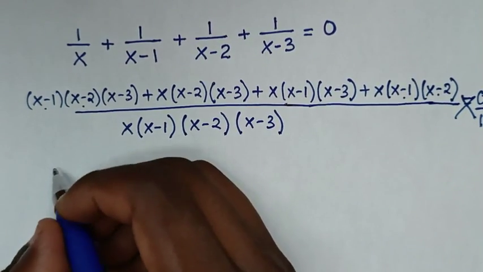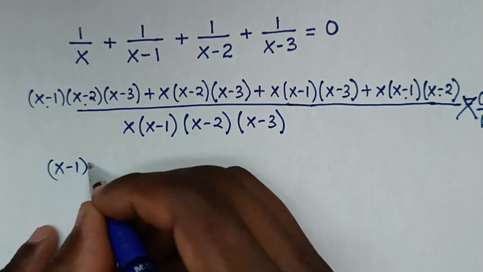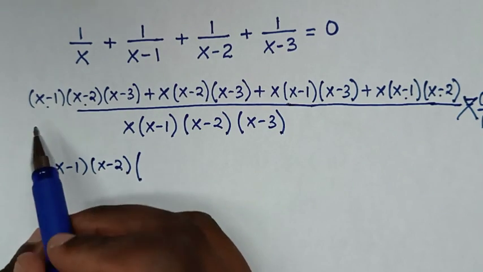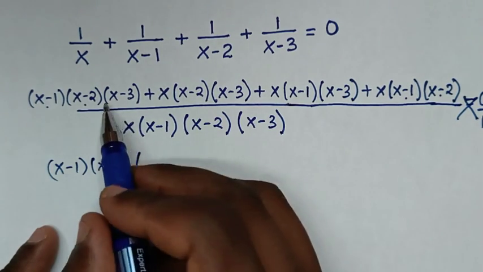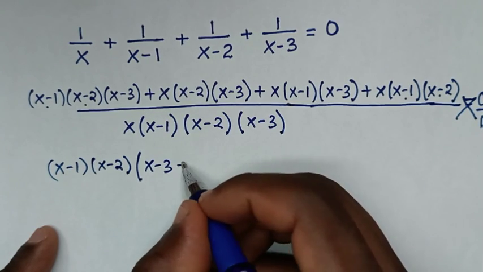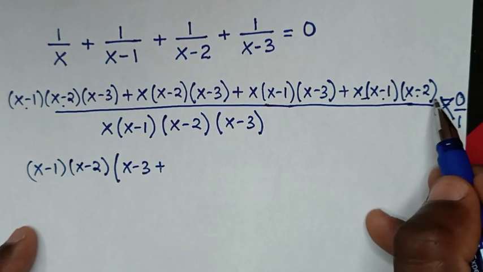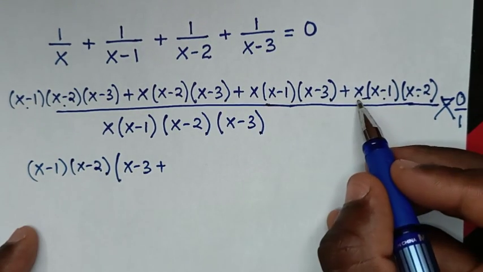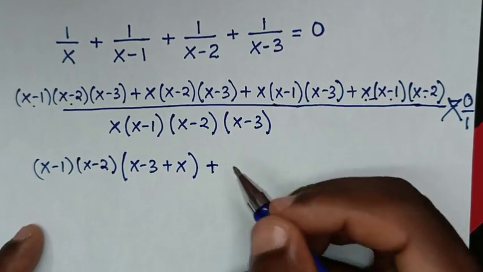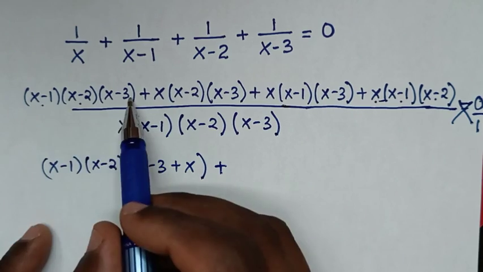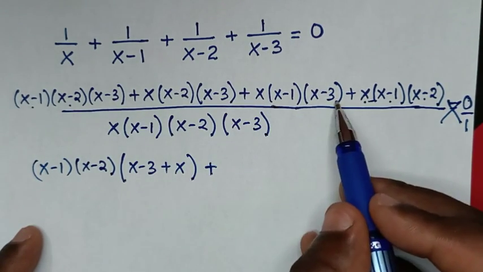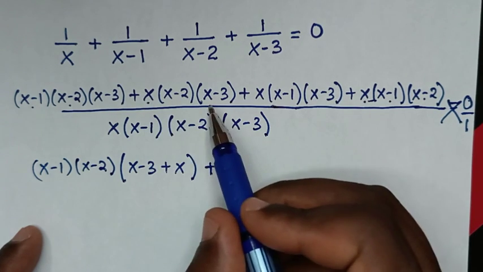So we'll take (x minus 1)(x minus 2) out of bracket, then this, divided by this, it will be this (x minus 3), then plus this, divided by this, it will be left with this x, so it will be plus x, then plus, we already take this and this, so we are left with this and this, whereas in here x times x